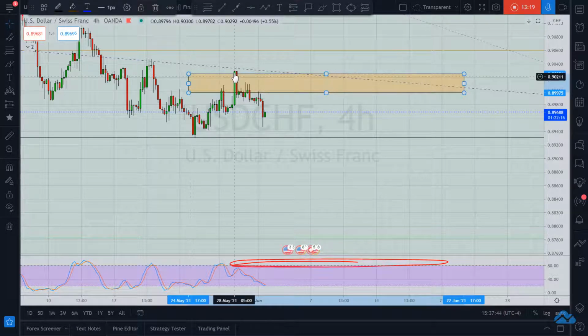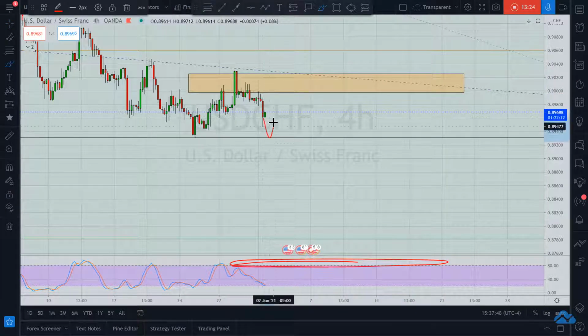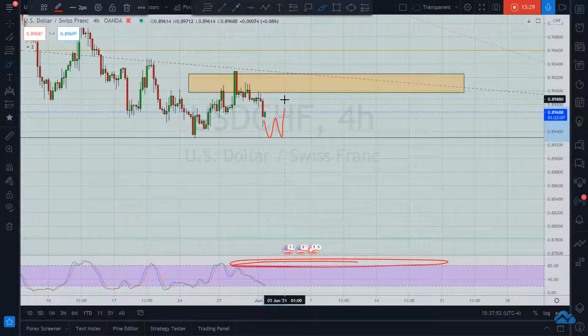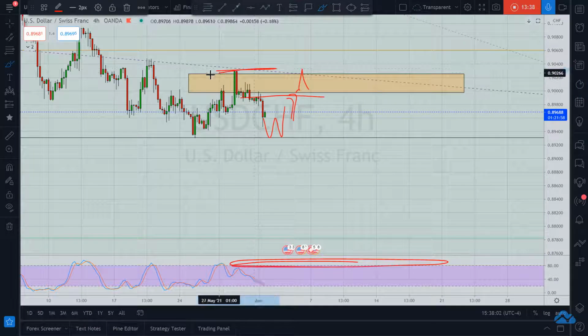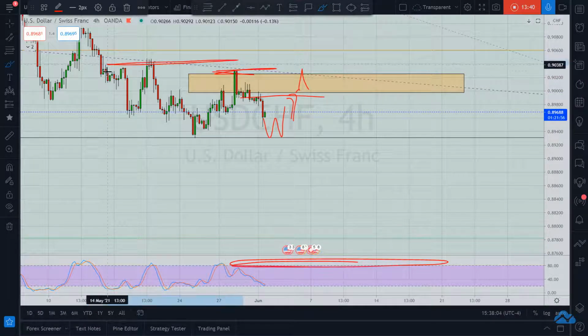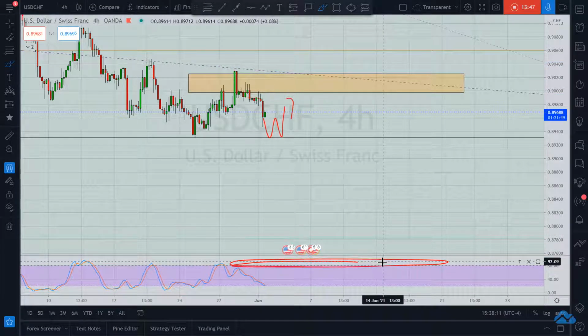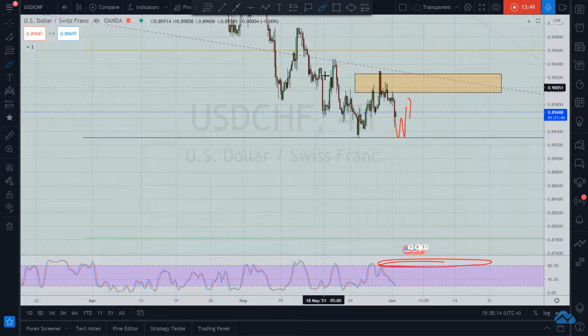I don't like this reversal here. That's what I'm afraid of. That price would come down here, give the rejection wicks, give me my bullish momentum candle up to here, and then I get involved, and then it turns around here because it finds rejection at this level. I don't think that'll happen though. I don't think this is strong enough to turn price around, because I believe this is a correction and it still needs to pull back.